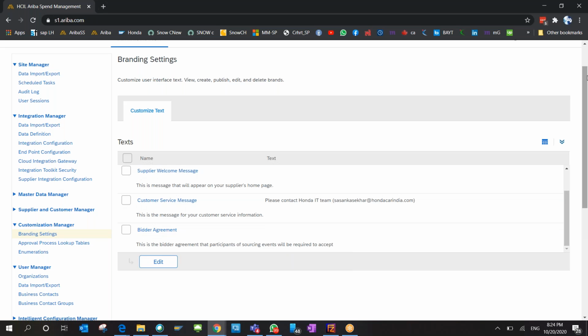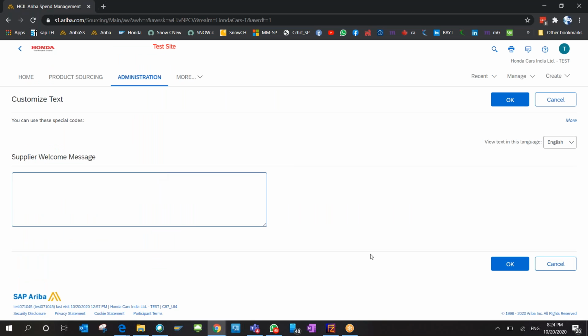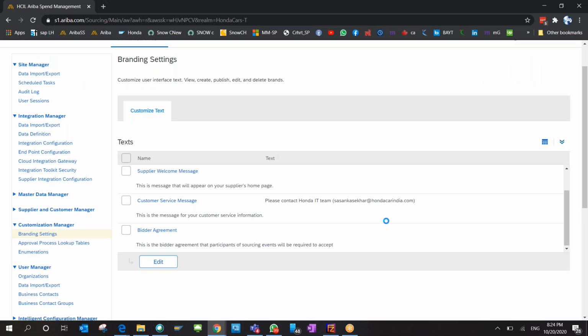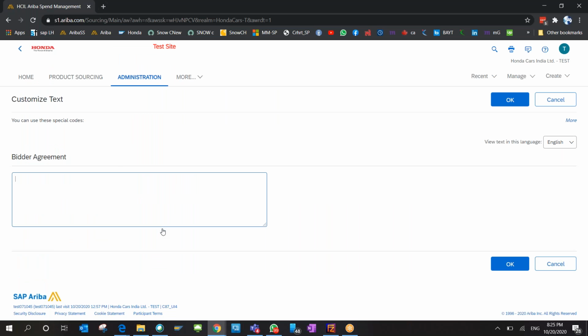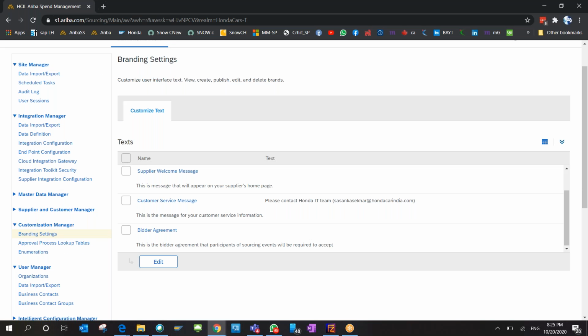Just take an example, supplier welcome message. Whenever the supplier is logging into his space, which is nothing but the supplier's network place, which is specifically for the supplier related stuff, that will come into the picture. If we will be making any kind of bidder agreement, we have to make different types of bidding agreements, and we will be sending the data to the bidders. At that point of time, what we used to do is